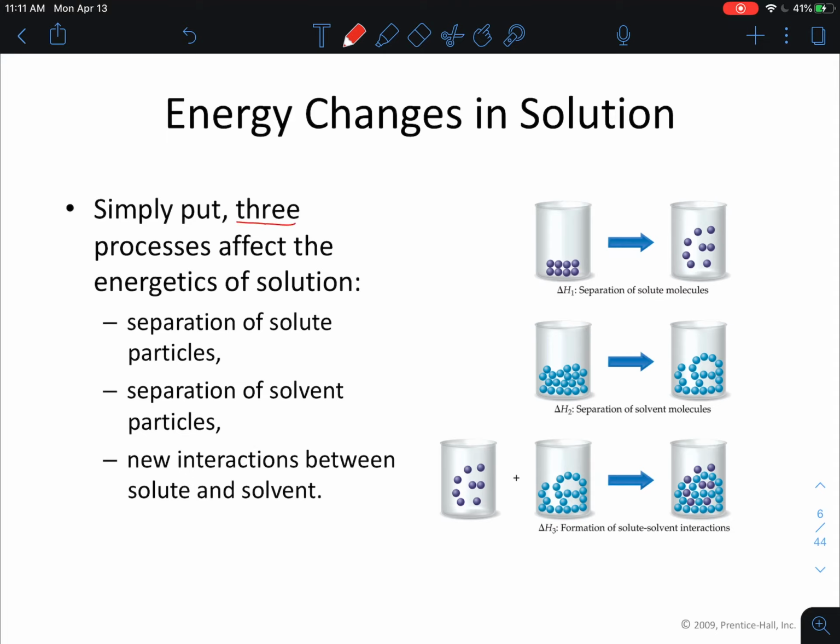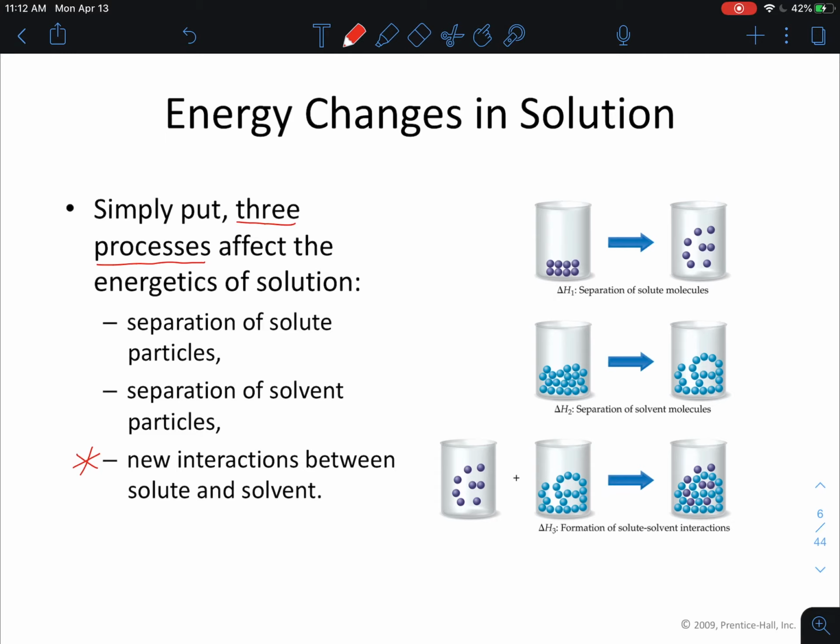So we're breaking this down into 3 processes. First, we need the energy associated with separating the solute particles from each other. So something like lattice energy could come into play there. And that's going to cost us energy, right? To pull particles apart, it's always going to cost us energy. And then separately, I need to pull apart the solvent molecules from each other. So we're breaking these solute-solute interactions and solvent-solvent interactions, and we're replacing all of it with new interactions